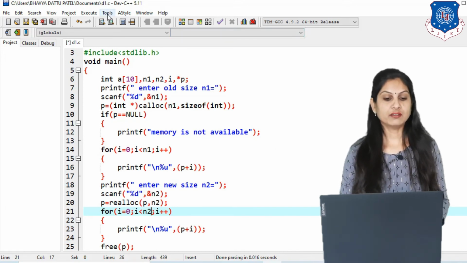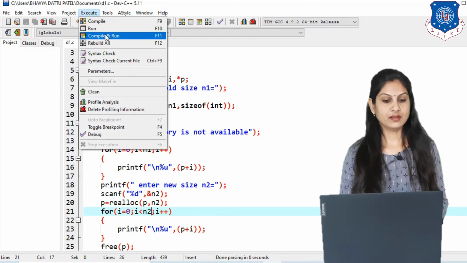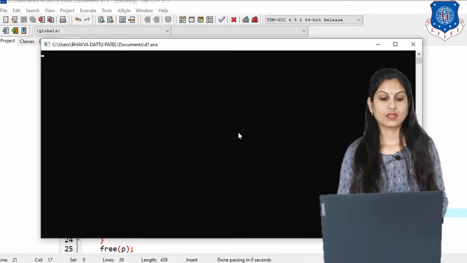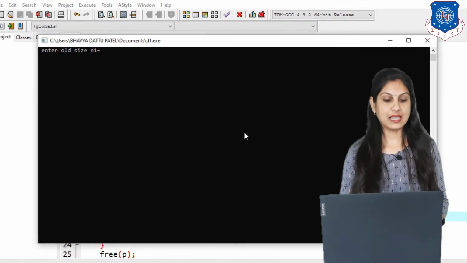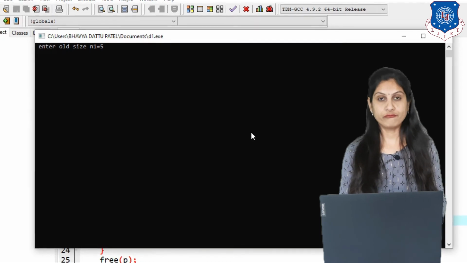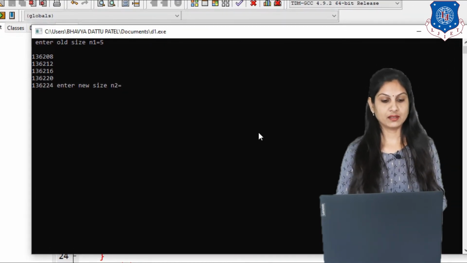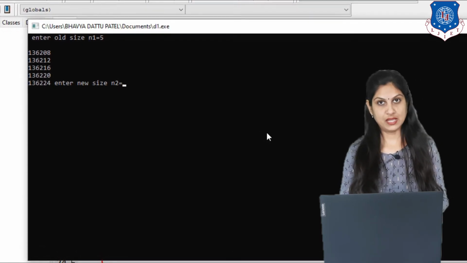Just see here in our output, first compile this program and then run it. So here the message is: enter old size n1, and suppose I enter 5. Then what happened, the 5 addresses will be displayed, like 136208, then 136212. Clear?